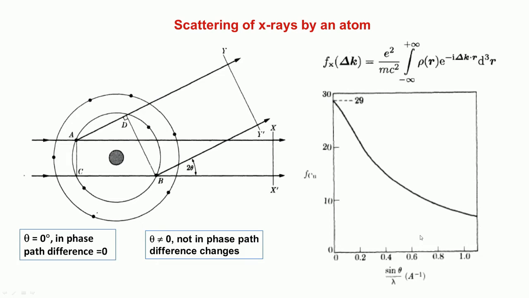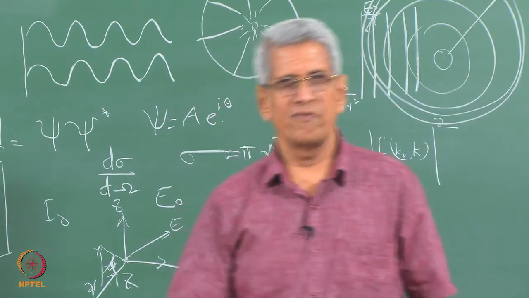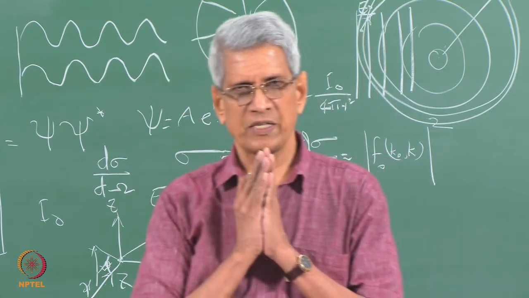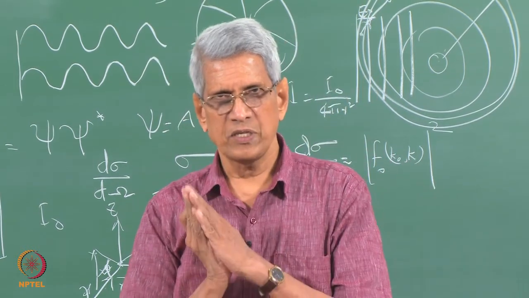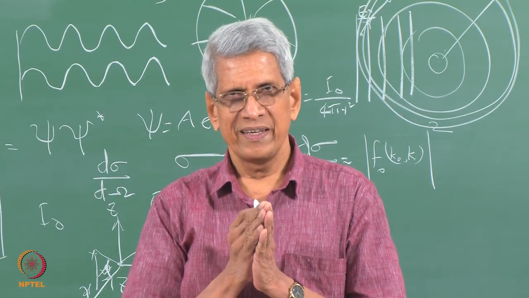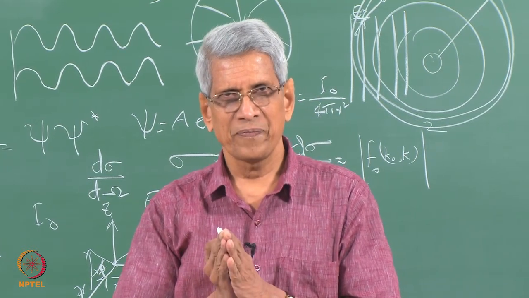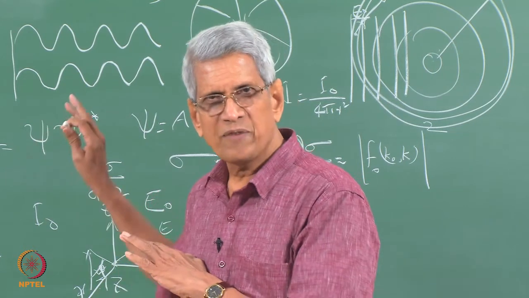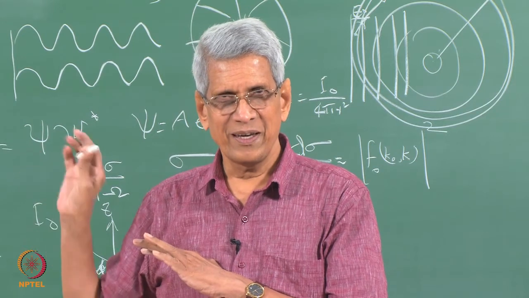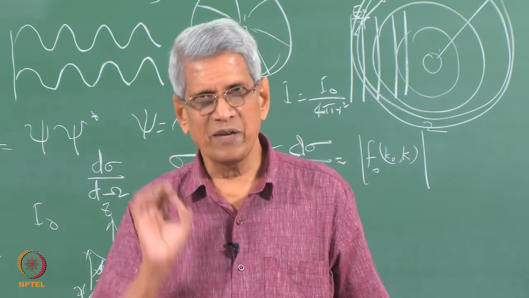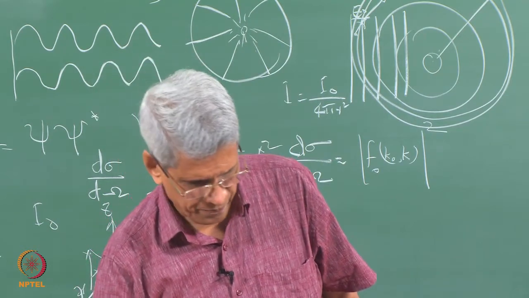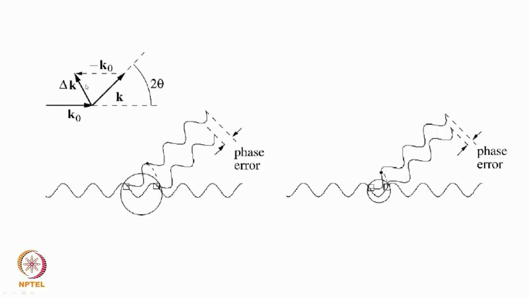So, that means that when we go to a specific HKL reflection, we are looking at the diffraction which is taking place. Depending upon the angle at which we get the diffraction peak, the atomic scattering factor which we have to use, we cannot just use the atomic number. It has to be calculated for each of the elements and we have to use that value. That is what is being shown here in another way.